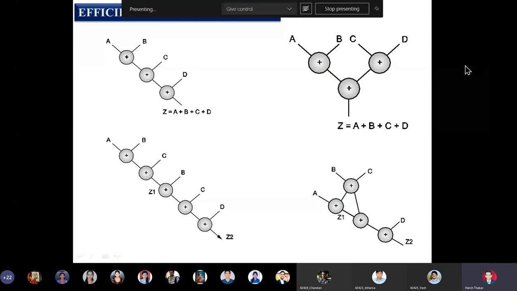Then we have some tree structures here, and it's very simple. That plus inside a circle indicates an adder block. You see here the first particular structure, that is I can say the second quadrant of the slide, is giving an output Z which is equal to A plus B plus C plus D. Okay, now see different arrangements are there. The first arrangement we have the first sum A plus B. So A plus B is added to C, and then A plus B plus C is added to D.